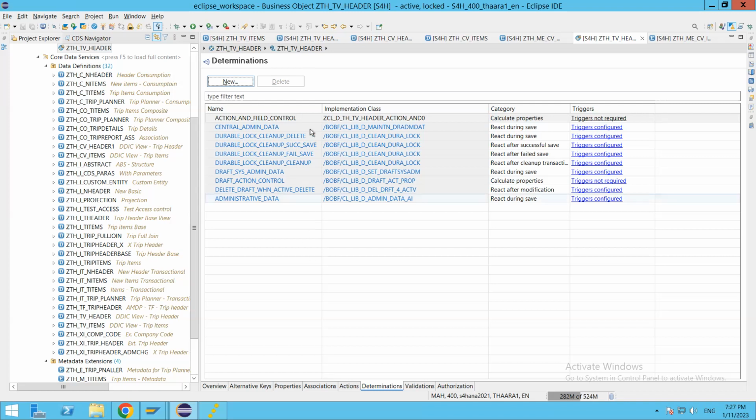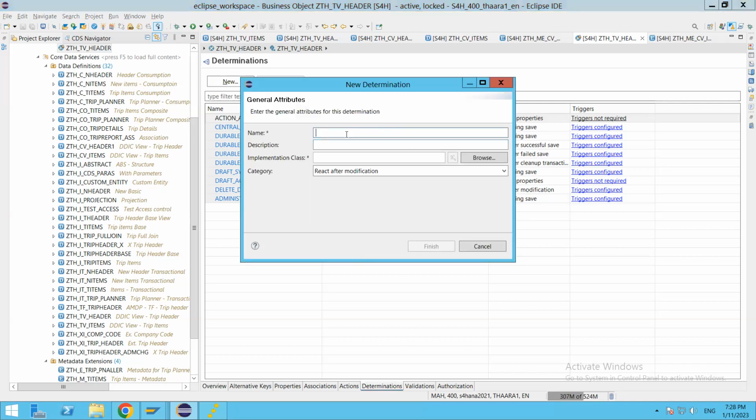If you are dealing with the GUIDs, then it is not necessary to have the number object, whereas we thought of creating unique references for trip and trip items. But in this case, the framework itself is providing us GUIDs. Unless there is a specific reason to generate new trip IDs and items, that's fine. So let me create a new determination, generate trip ID,